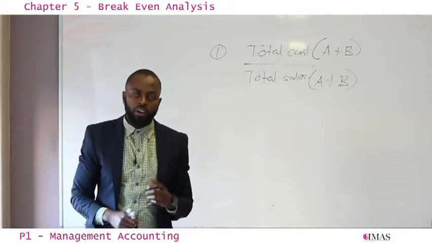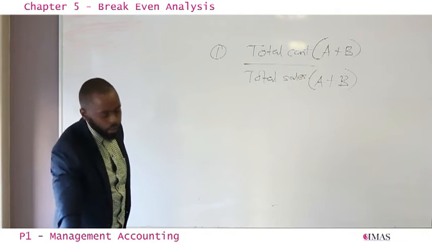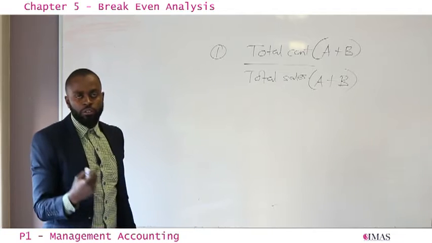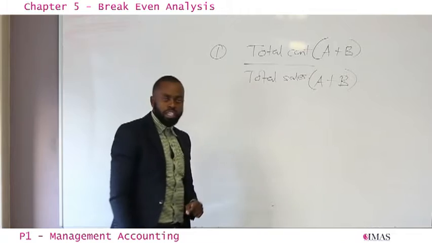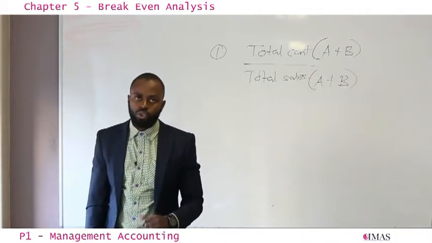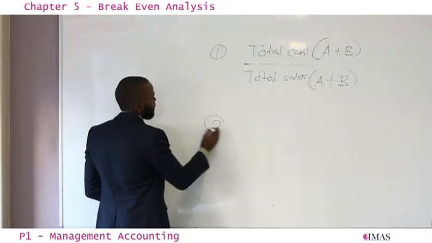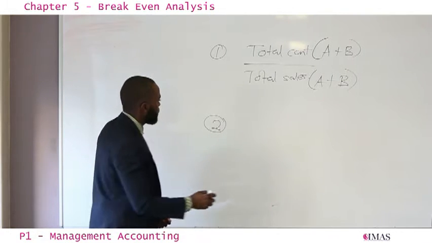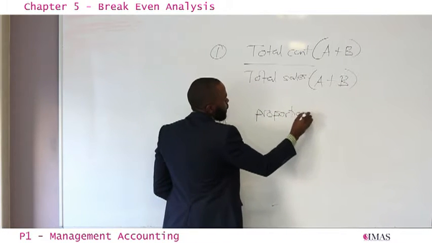That's one way of calculating it. This is the easiest way. In some cases, the examiner will not give you enough information for us to use method number 1. So only when you're not given enough information to use method number 1, then you have to use method number 2. Now method number 2 says, first we need to determine the proportion of